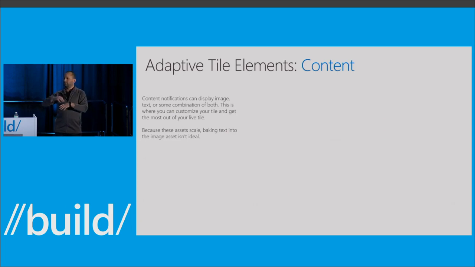And I wanted to give you some examples of real tiles that are being built for our internal applications at Microsoft. Apps that are actually being built and shipping in the store as part of Windows 10, and what they did and how their tiles are going to look using this actual adaptive markup. So we'll start with the one that we've been showing so far. It's the mail tile. It's basically just text on a tile because that makes the most sense for mail. You want to see what's going on.